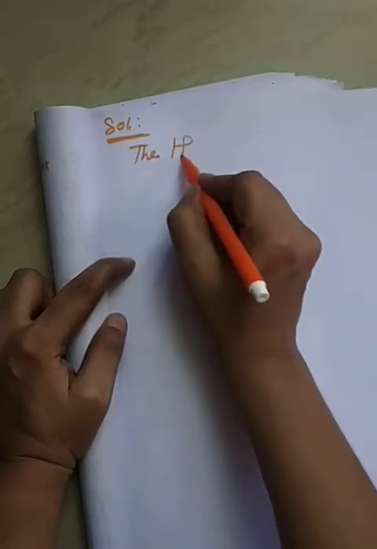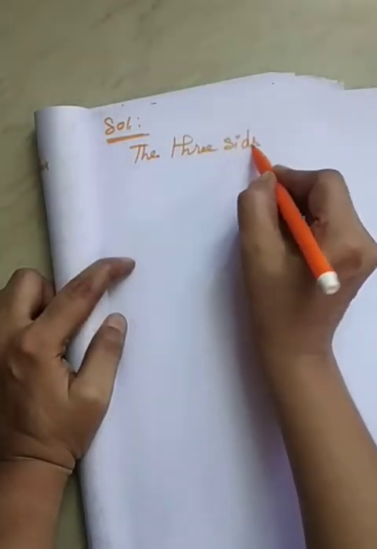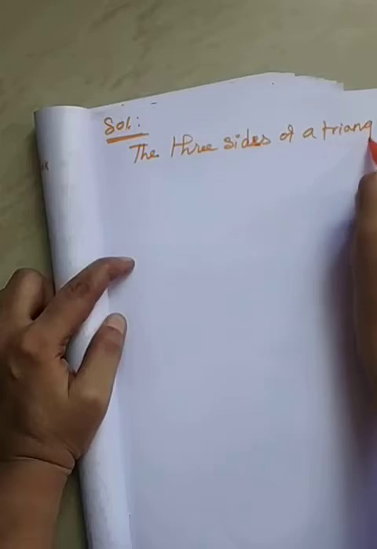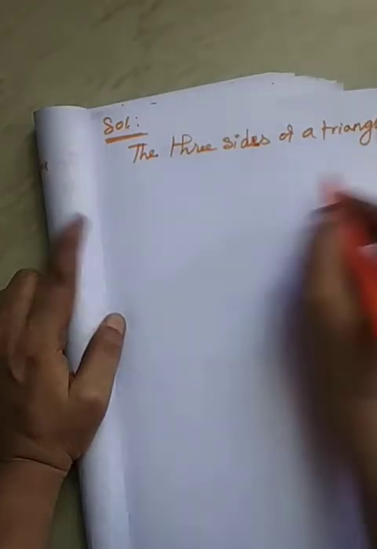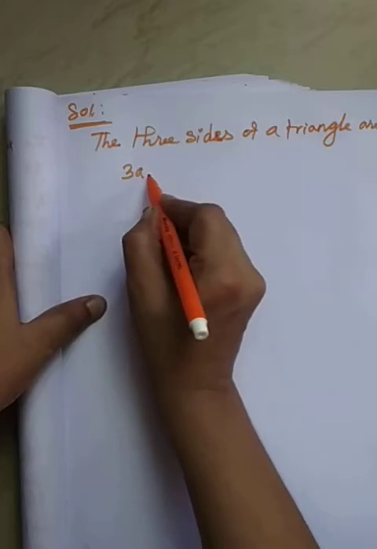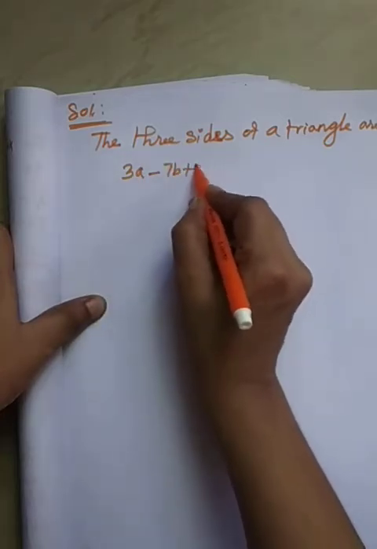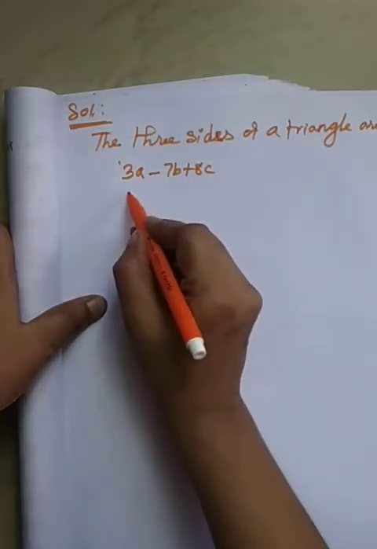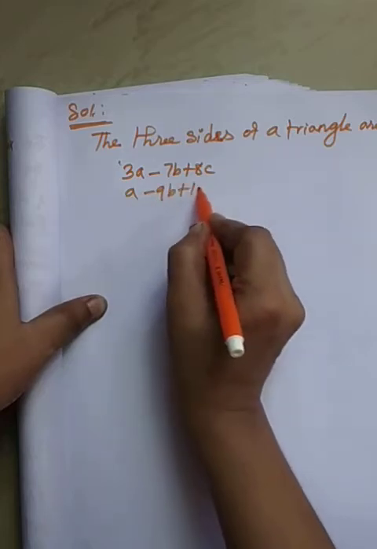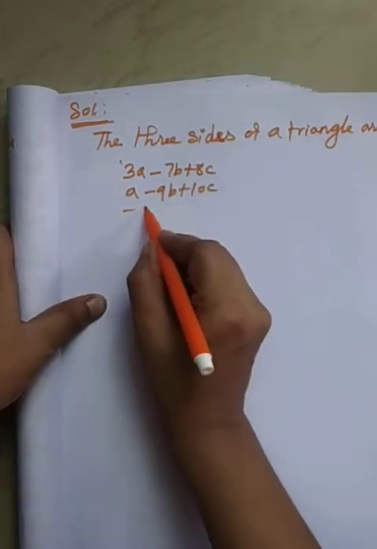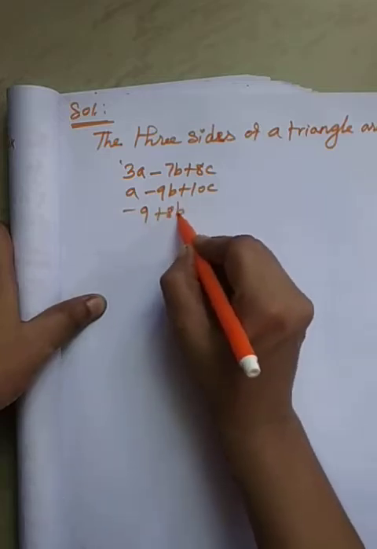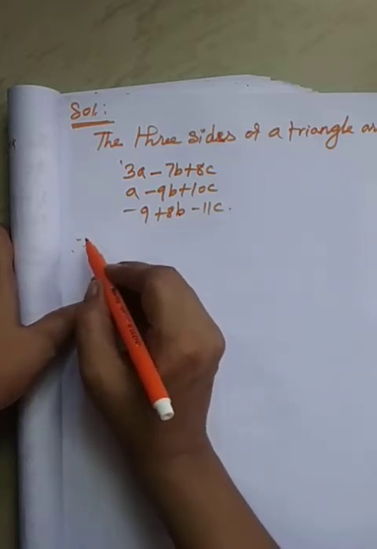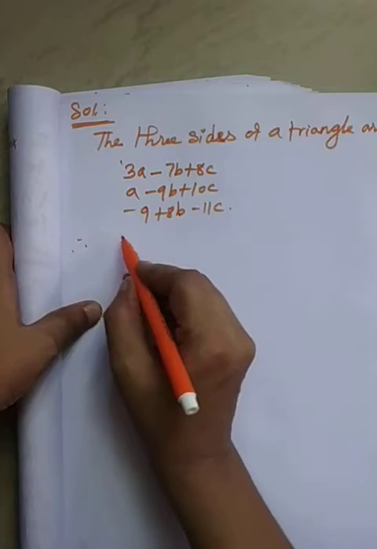The three sides of a triangle are 3a minus 7b plus 8c centimeter, the next one a minus 9b plus 10c, the next one minus 9 plus 8b minus 11c. Therefore, the perimeter of the triangle is equal to